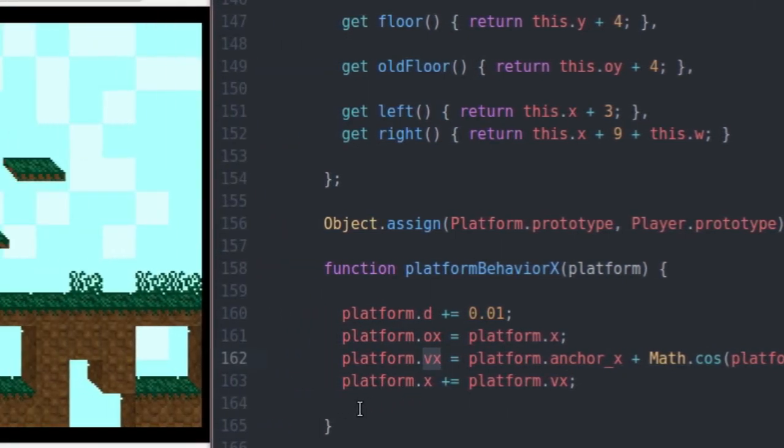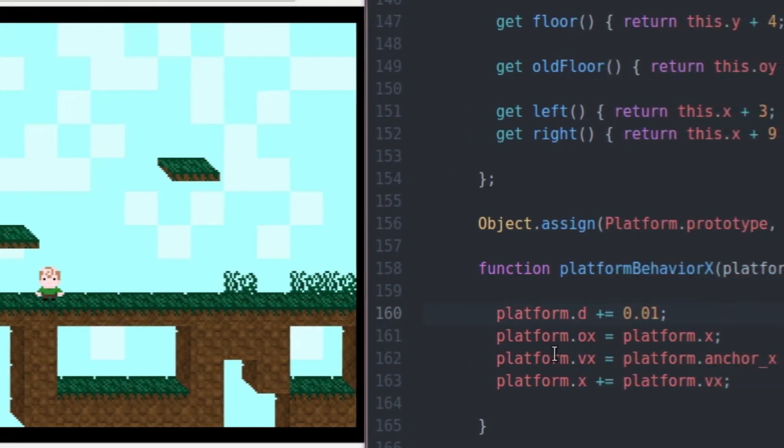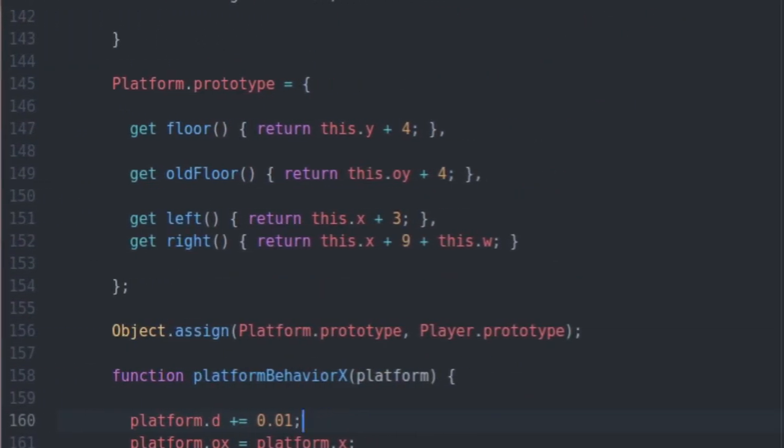We're just resetting it on every frame because we're not going to apply friction or anything to this. It's just kind of on a track. It moves exactly a determined amount on every frame, and it's not really interacting with anything. The player is not going to affect the movement of the platform. The platform is going to affect the movement of the player. So the player does conserve momentum, and he is affected by forces of friction and gravity and everything like that. So let's come back up to the dude,